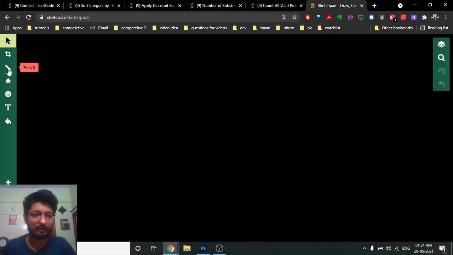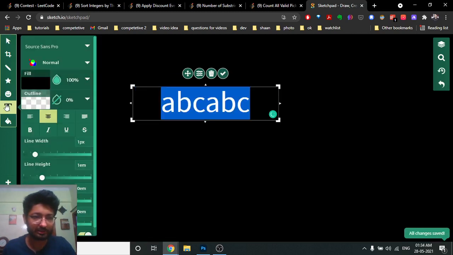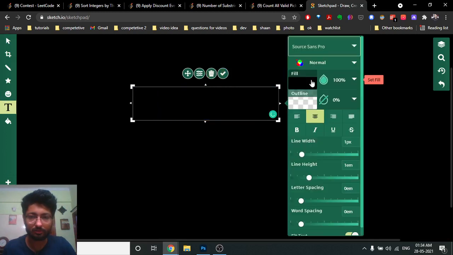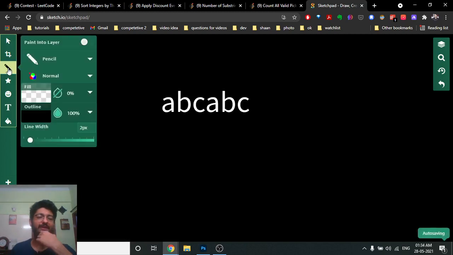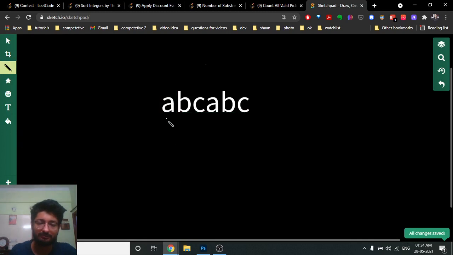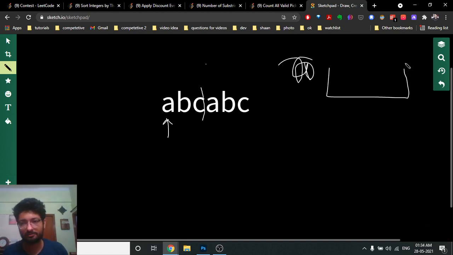As you can see, I can just paste this example here. So change this color. Okay. As you can see, I can use 2 pointers. What I have done here is take one pointer here, and the other pointer will move from left to right till it finds a substring consisting of all A, B and C. So you can make a vector or 3 variables and move from left to right.